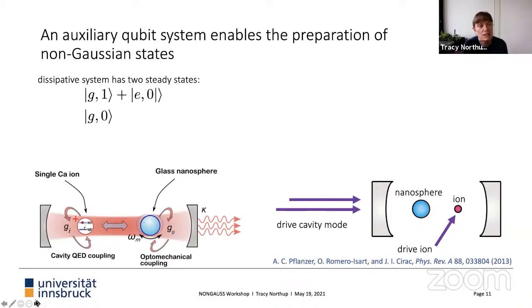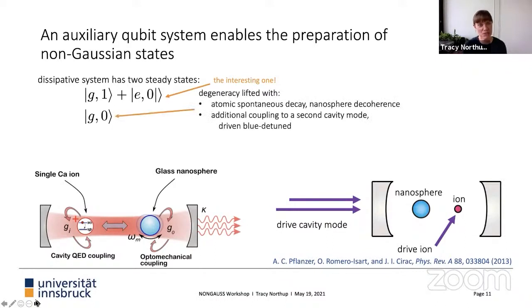The ground state, so here I'm labeling G and E, the two states of the particle, the ground and the excited state. And 1 and 0 are then whether you have 1 or 0 phonons in your mode of motion of your optomechanical system, here of the nanosphere. So the first state, this is the interesting one, right? This is a superposition, where we have G1 plus E0, this is the non-Gaussian state that we'd like to make.